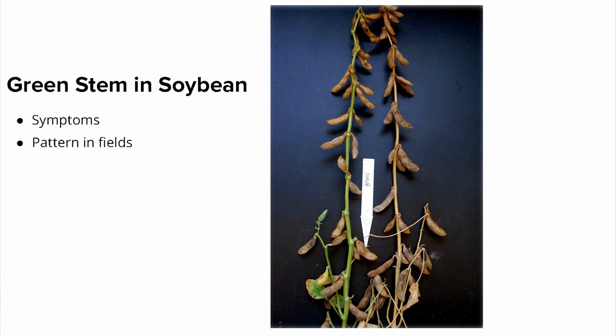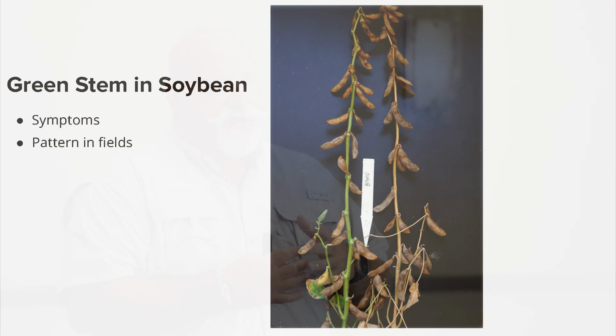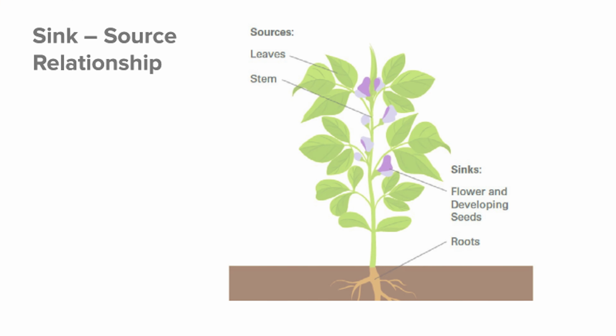Farmers can walk their fields and see plants that have mature color pods and harvestable soybeans, yet the stems are going to remain green. The pattern in the field can range from individually scattered plants to pretty much uniform across the entire field. The cause of this is really unknown, and I'm going to talk a little bit about some of the suspected causes, but really, in general,